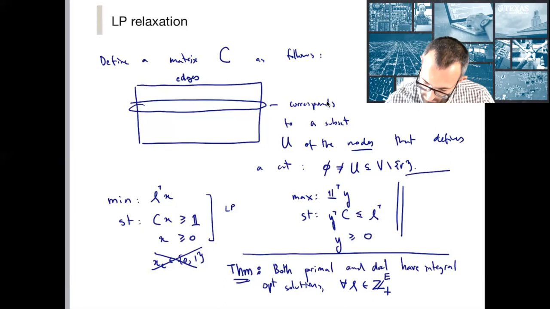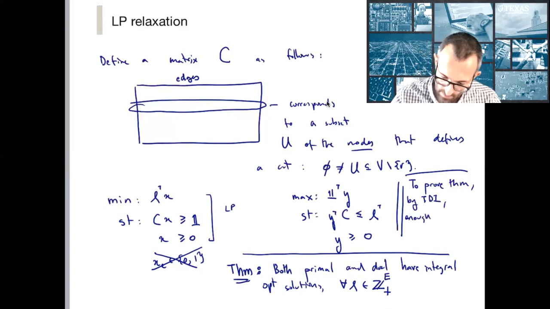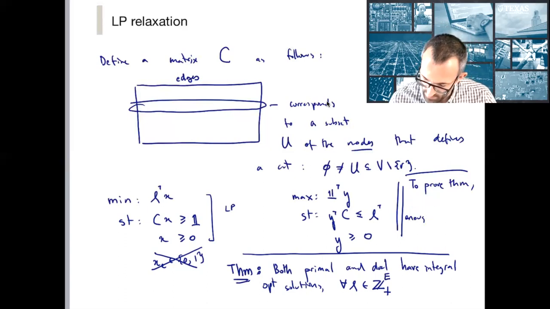So to prove the theorem, basically by all our work on TDI on the previous lectures, it's enough. Well, let me write it in that way. Rather than saying by TDI, I'm just going to say to prove the theorem, we show